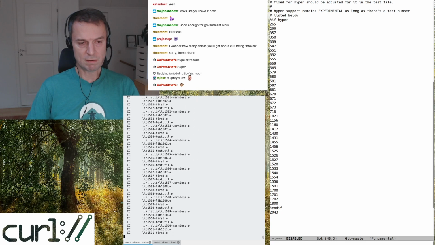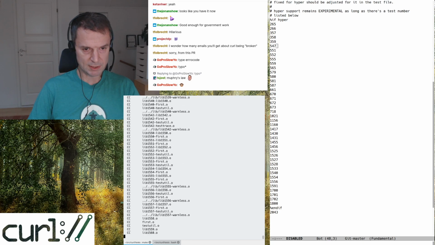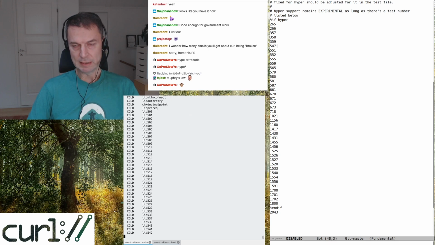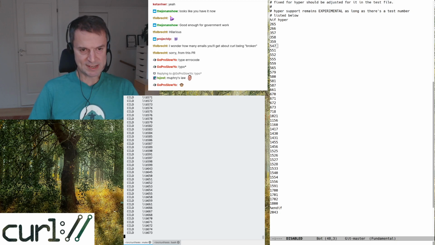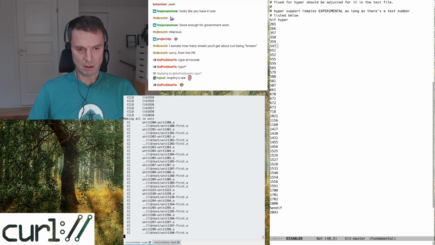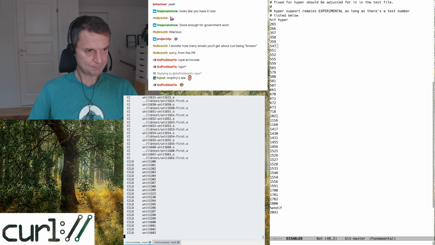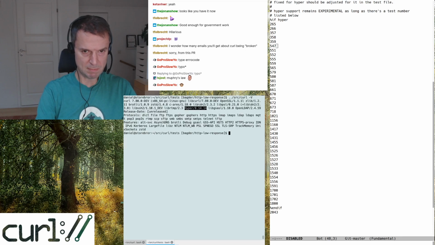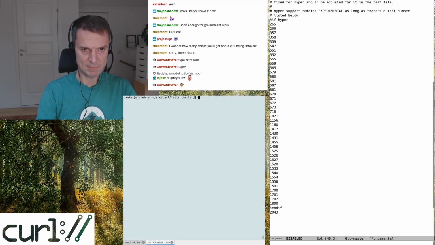A lot of the test cases are using the curl command line tool, and then we don't have to rebuild all the tests all the time. But there's also a lot of tests that are using libcurl, the library. And in my case, I build them all statically because it makes it easier for me when I run GDB and everything on it. But that also means that I have to rebuild a lot of them when I change things. It's not usually a big bother because, as you can see, it takes a minute, maybe two, to do that. And then when everything is rebuilt,